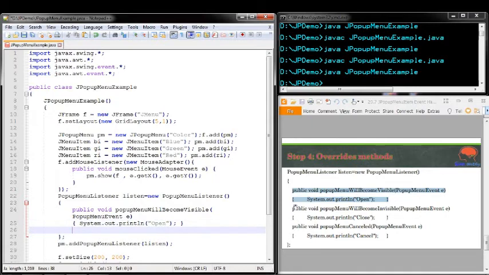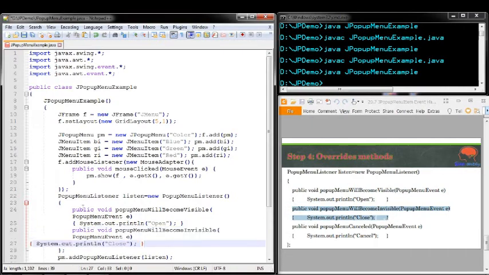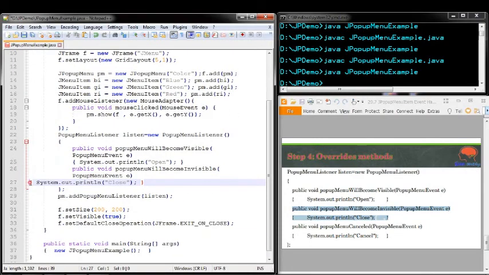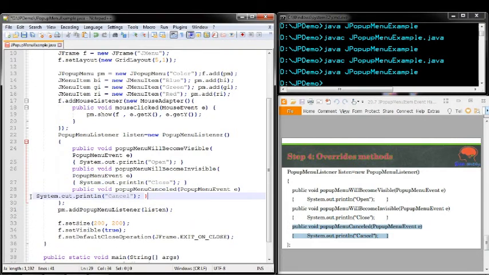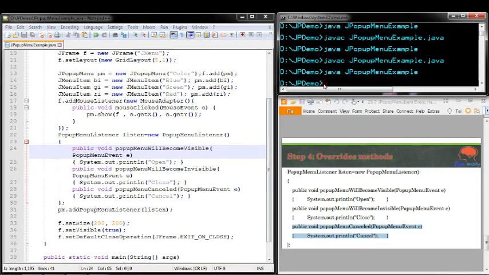Whenever it becomes invisible, we are going to display close in the console. Whenever it is canceled, we are going to display cancel in the console.